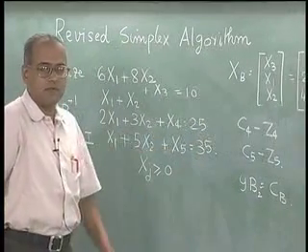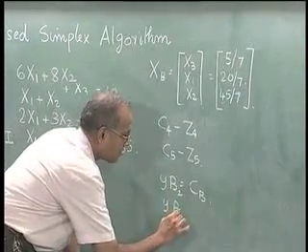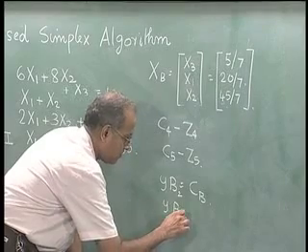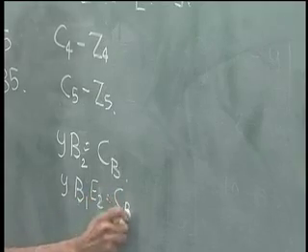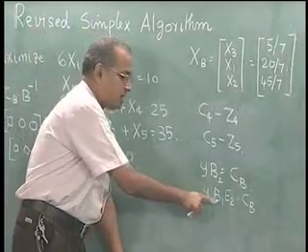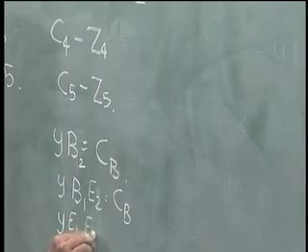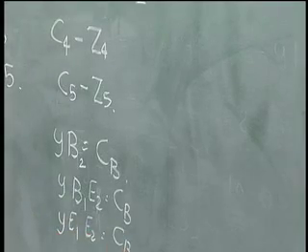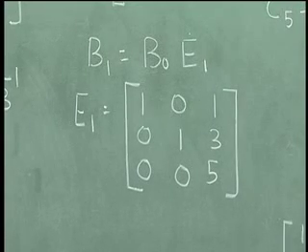Now, B2 will be written as B1 into E2. So, y B1 E2 is equal to Cb, where E2 is a suitably defined eta matrix. B1 is already known to be B0 into E1. So, we will have y E1 E2 is equal to Cb. Now, we already have E1 written here, E1 is this. So, E1 we just copy down for our reference. So, E1 is 1 0 0, 0 1 0